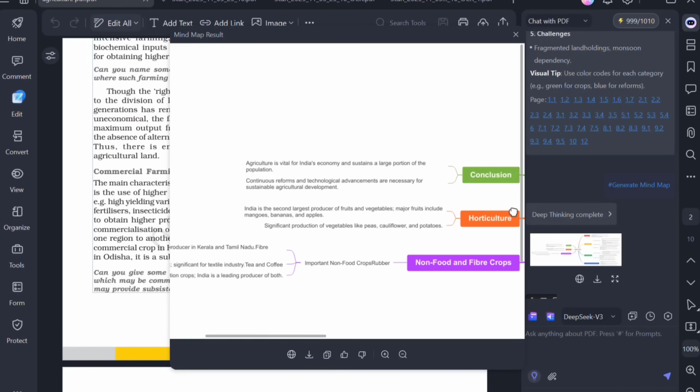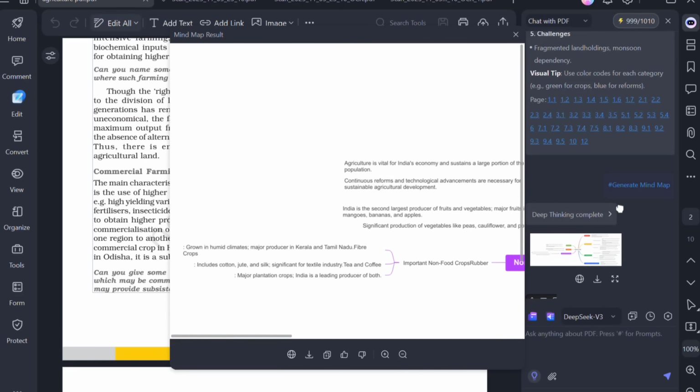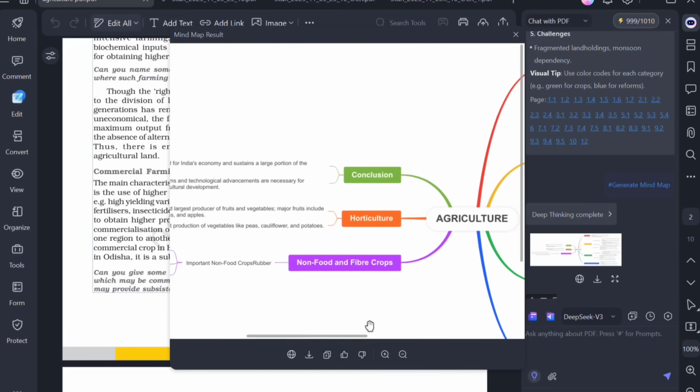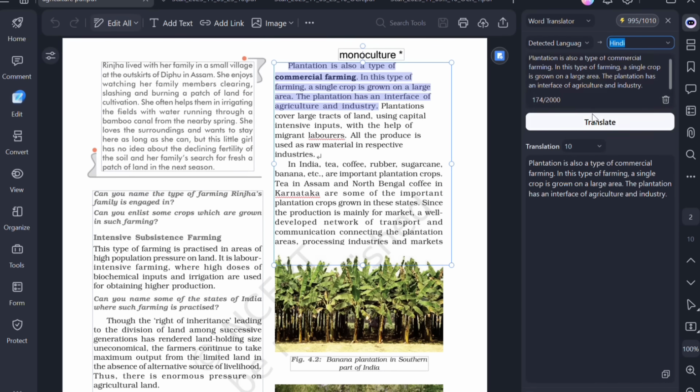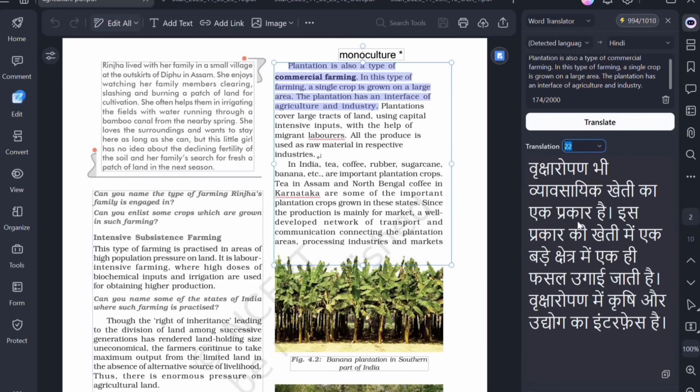You can also use its built-in study templates to plan your final study schedule, and that will just help you stay productive, and it will help you use your time efficiently. Now suppose you're not able to understand something that is written in English, you can translate it into Hindi as well, and you can understand it that way also.